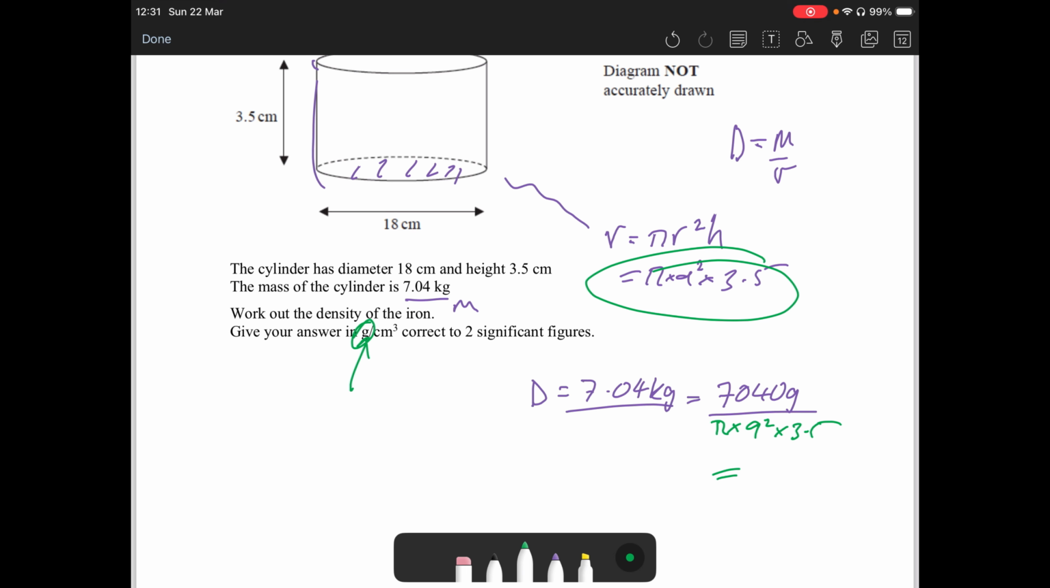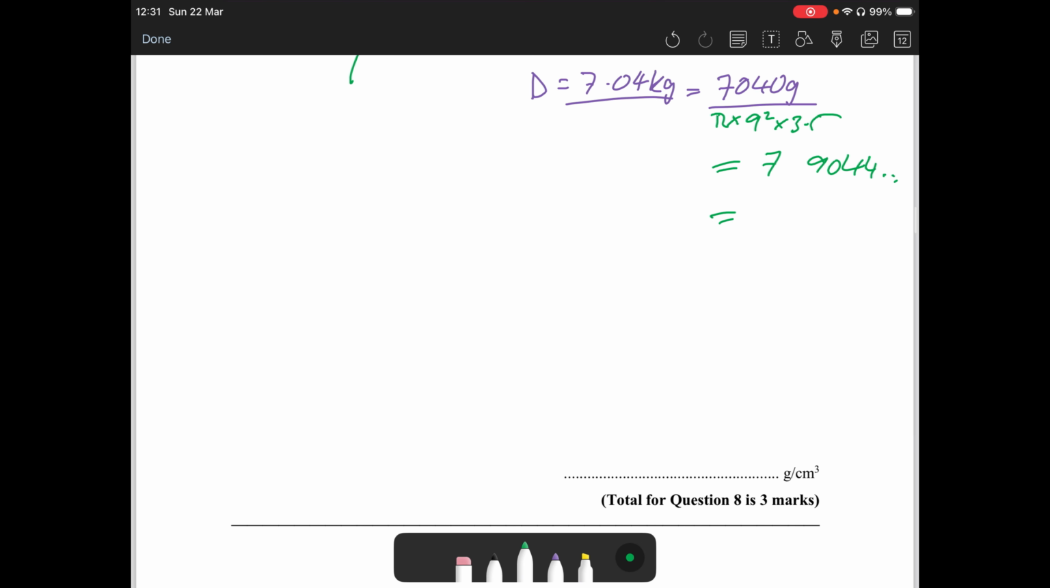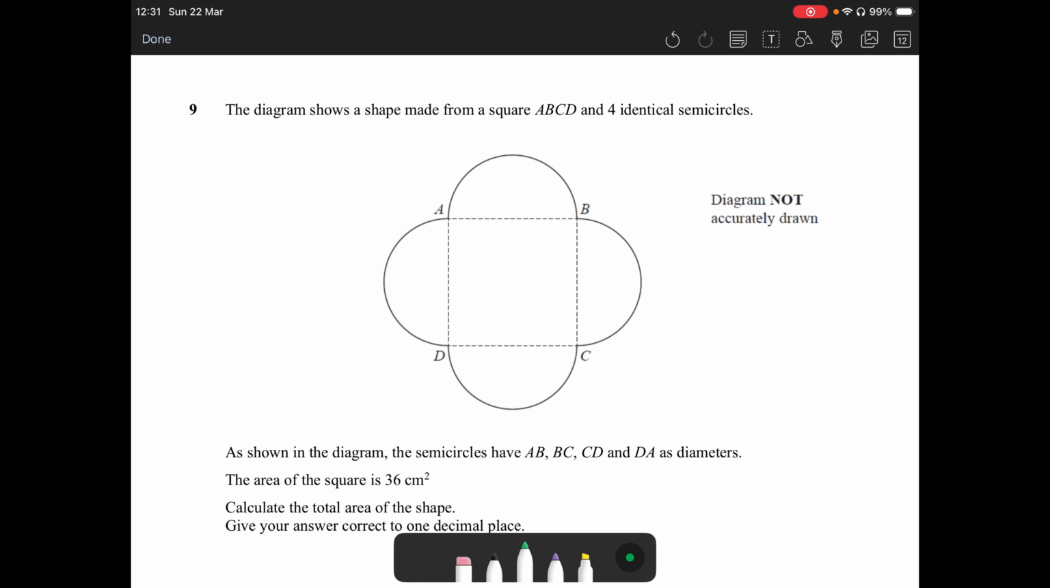And I'm getting 7.9, or 7.9044 dot dot dot, which to 2SF is going to be 7.9. Okay, moving on, number 9. We've got 4 semicircles with a square in the middle. We know the area of the square is 36. Right, so this square, 36. Now, if we square root that, that'll be the length of each side,